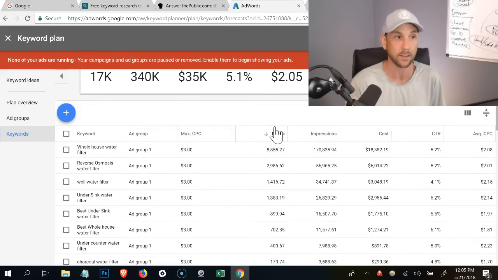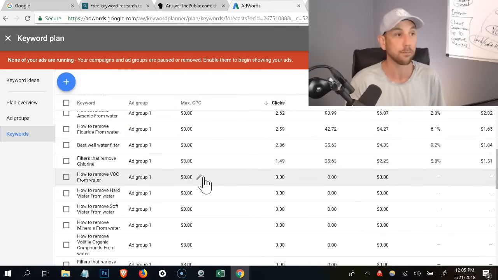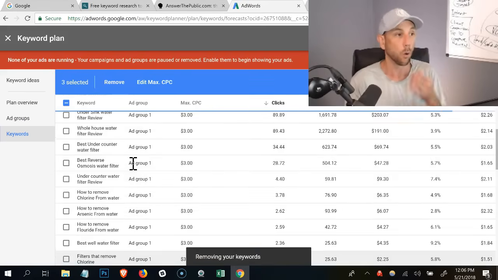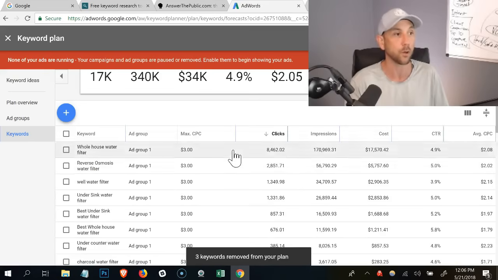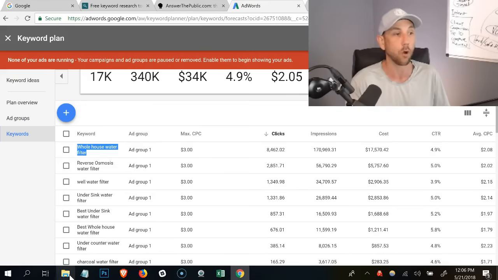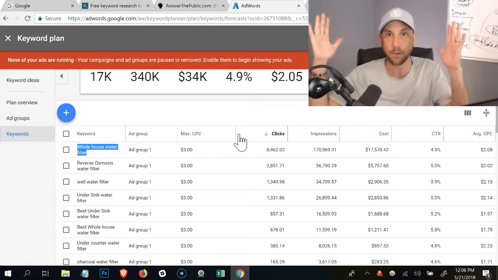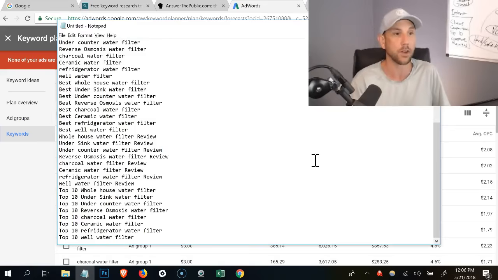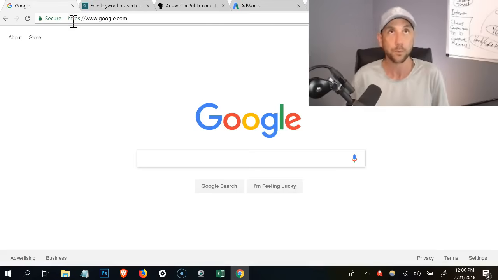So I just sorted that list by clicks, and you can see that really quickly most of these actually don't get clicks. So there's a couple of ways you can go depending on how many there are. You can tick all these boxes to the left, remove those and export it, or if there's not that many, you can simply look at which ones are getting clicks and create a new keyword list by copying these and pasting them over to a new list. However you want to go about it, this is one way to work with that data. Because again, we want to take all of our ideas and condense it down to the ones that actually get searched.